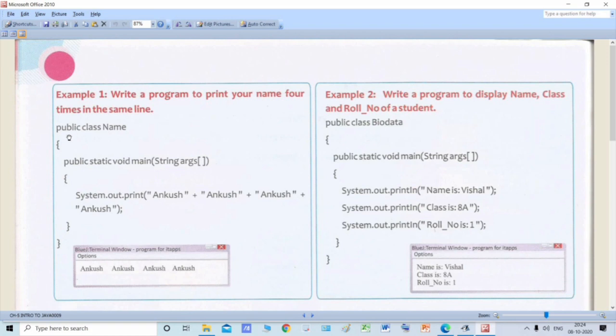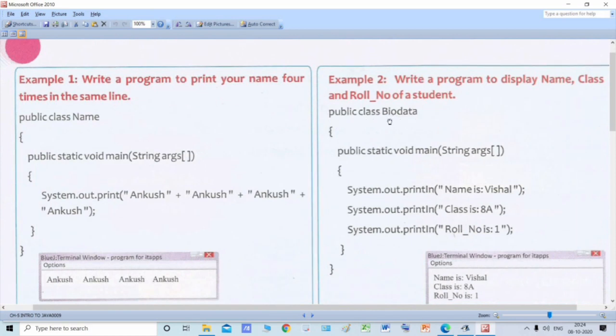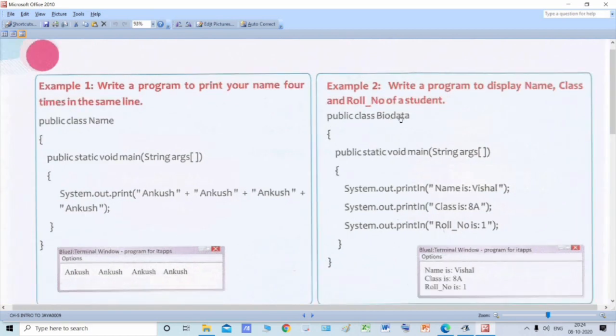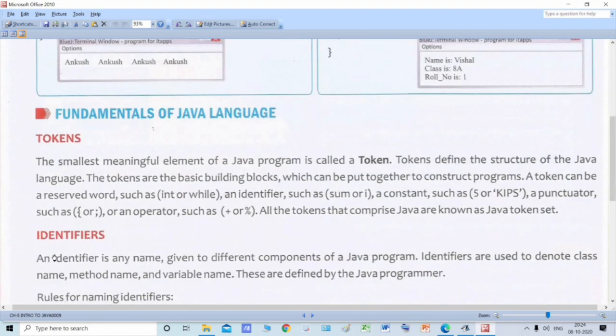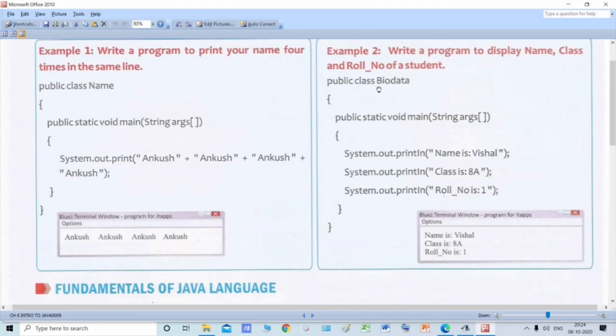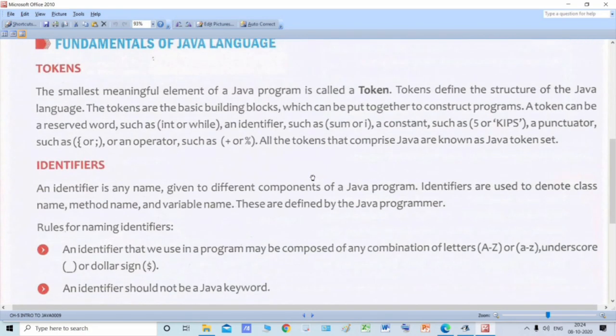For example, in this program, public class, the name of the class. See, in this program, this biodata is the name of this particular program. That means it has been identified by this name. So this biodata over here is an identifier. And who has given this name? We have given this name, we the programmers.